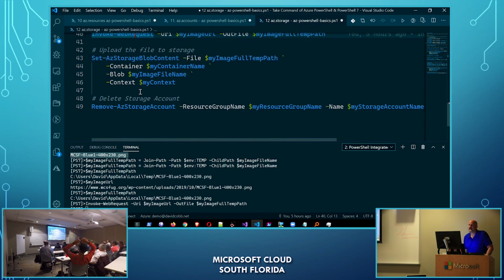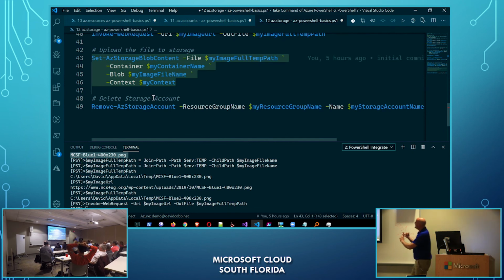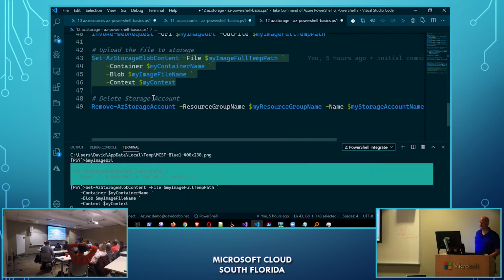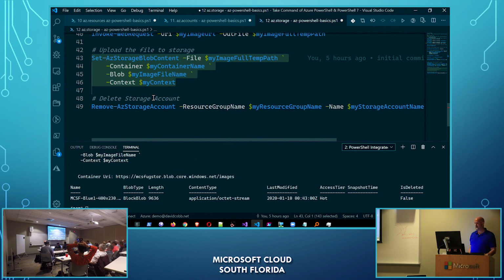So Set-AzStorageBlobContent. Just in the interest of time, I need to know the file, the container, the blob or the binary object, and the context, which we just got as a property from the storage container. So I'll run this. You saw that happen real quick because it was kind of small, but it does show you a progress bar as you're uploading those things. And if I come back to